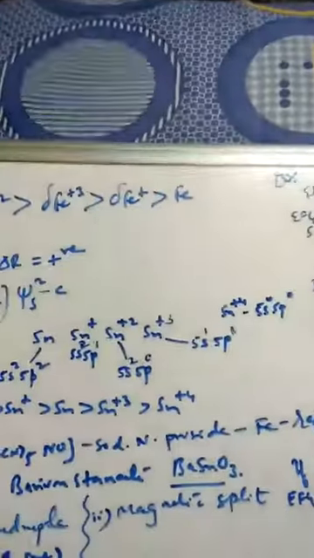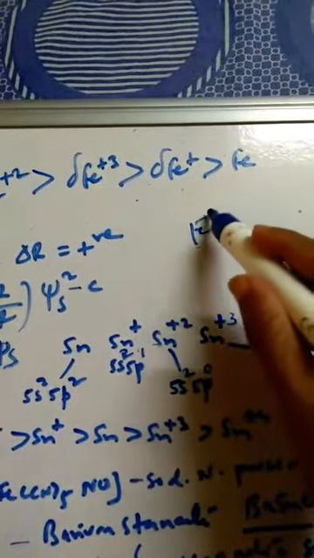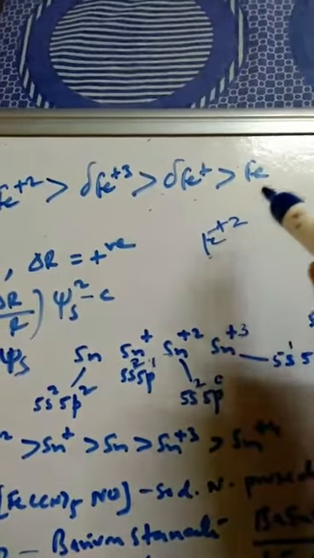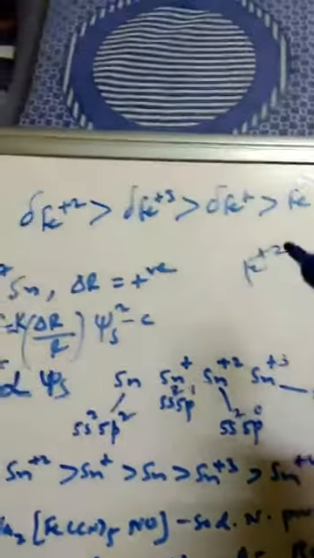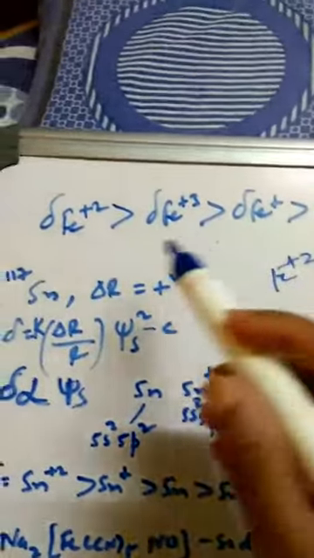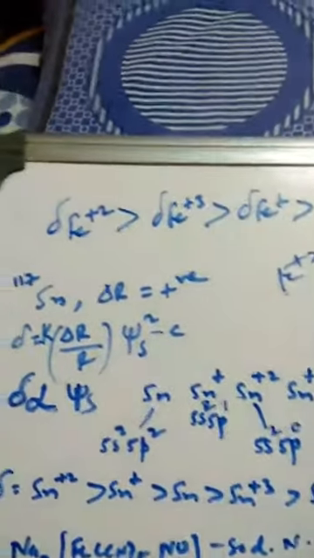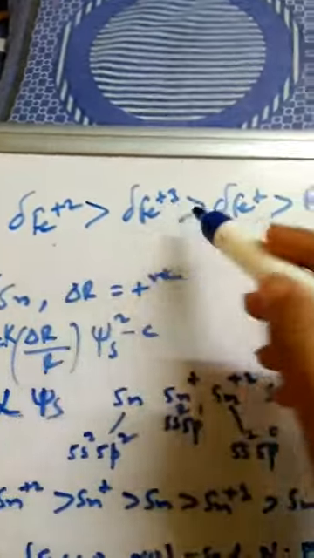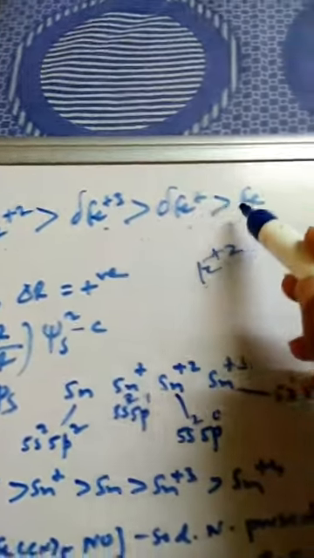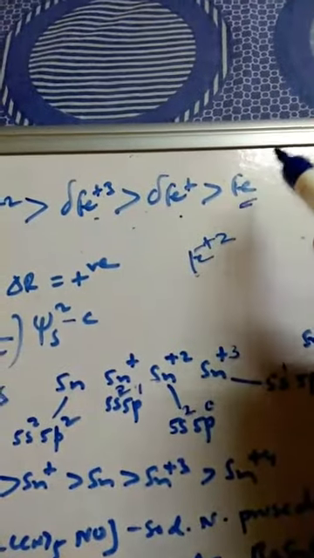Hello students, we'll go for the next video for this Mössbauer spectroscopy. In the last video we learned regarding the isomer shift for the iron ion complexes. And if you see the order now, Fe+2 has the highest isomer shift, then Fe+3, then Fe+4, and the final one is the Fe here,